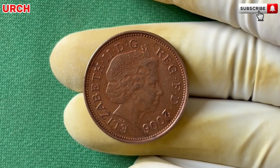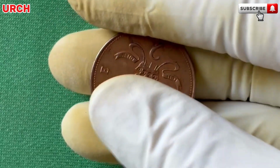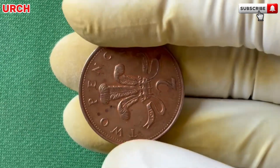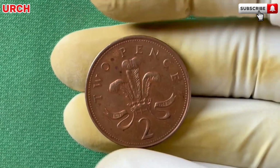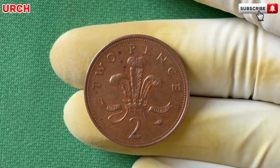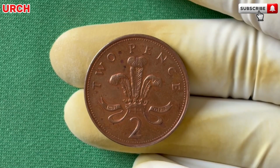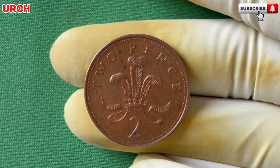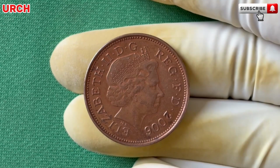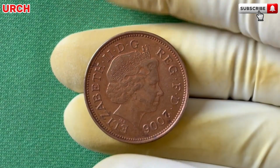These stories only added to the coin's mystique and drew the attention of global investors seeking alternative assets in a volatile economy. Today, collectors consider this coin a modern legend, especially the high-grade error versions. The combination of historical significance, mystery, and scarcity makes it not only a numismatic marvel but also a lucrative asset. And for those lucky enough to possess one, the question becomes not if, but when to sell, and at what